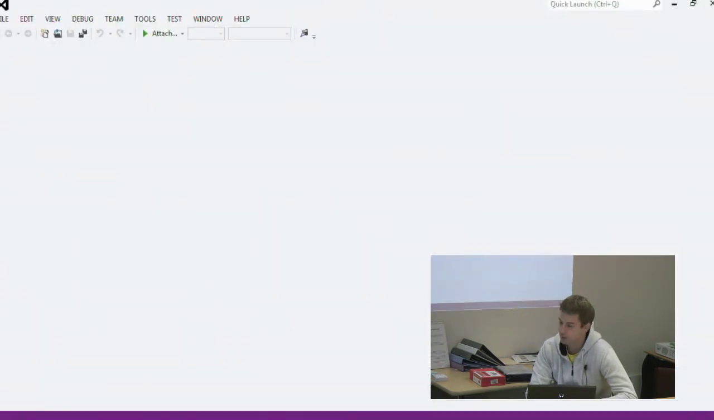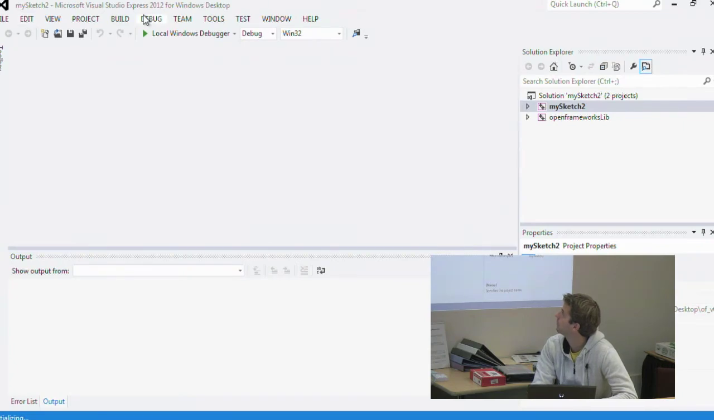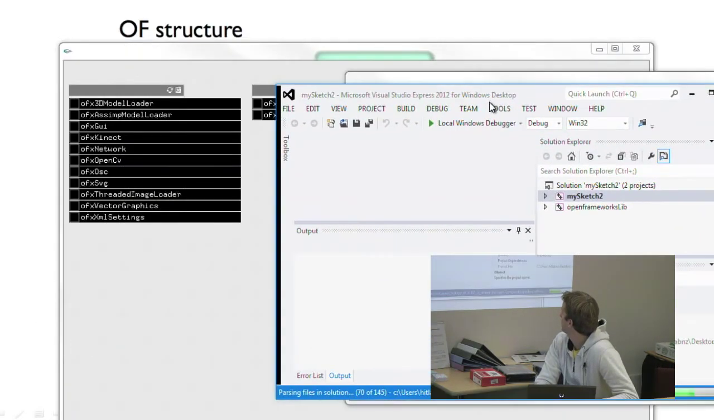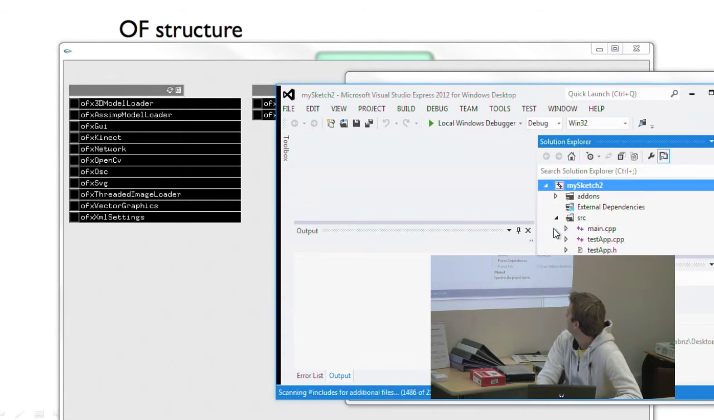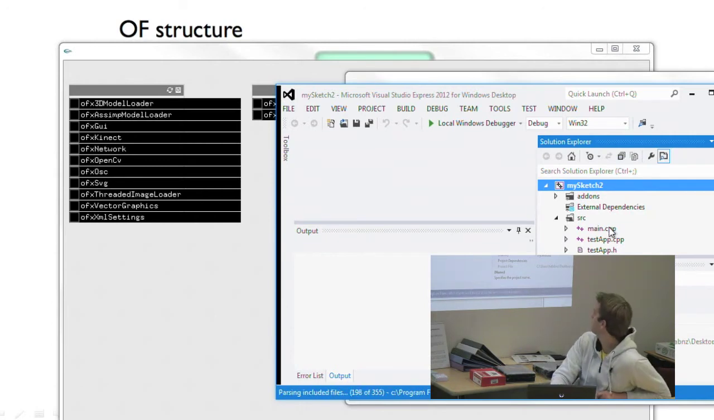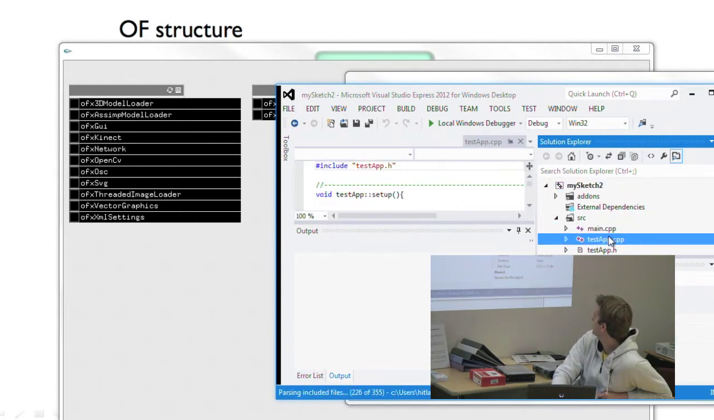This is the one I just created, which uses the Leap Motion. And you see essentially in our solution we have my sketch, which is all my stuff in the Open Frameworks lib, which you should not worry about. So if we go in here and we go into the source folder, you see we've got 3 files, main.cpp,